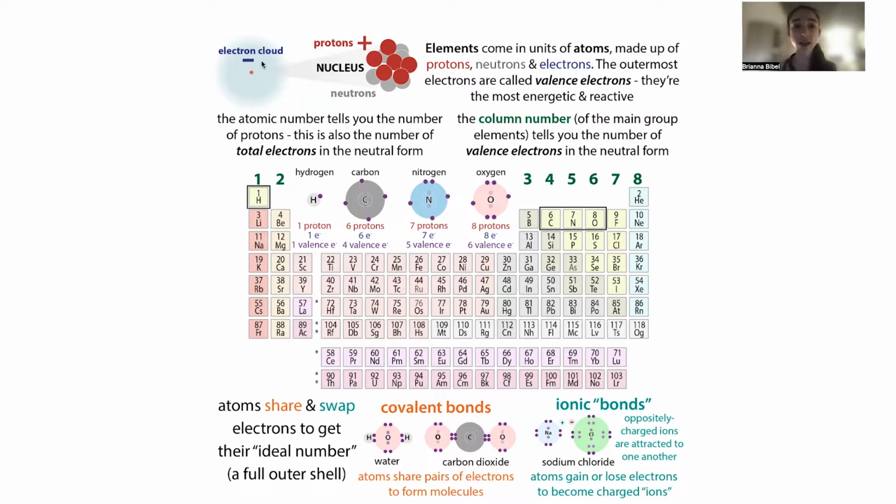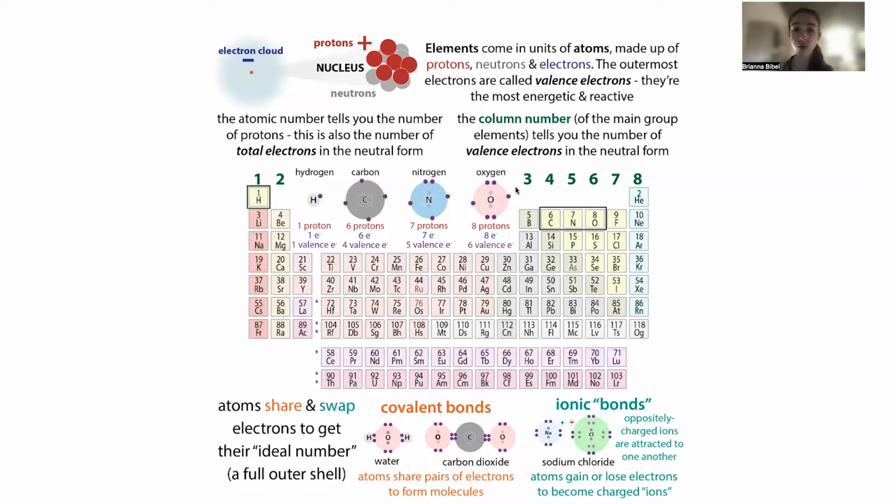So basically, these electrons, we can't know exactly where they hang out, but we can predict where they're most likely to be. And we can represent them as having this shell structure, like shells of an onion, where you have different layers of electrons. Now, this is not how these orbitals are actually laid out. This is not how things actually are, but it turns out that this is a really helpful way to understand